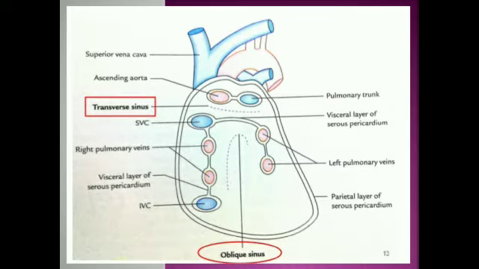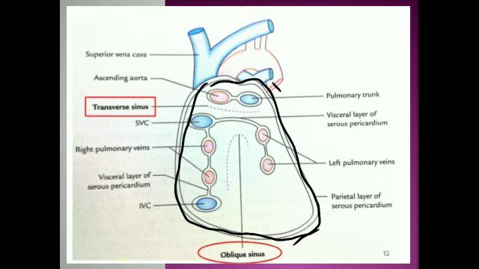See this diagram, this is the section they have drawn for you to look into the sinuses. This is the heart, and this is the posterior view you are looking at. These are the veins you can see here. This is called the superior vena cava, and this is called the arch of the aorta. You can make out the red color there, that is the arch of the aorta.